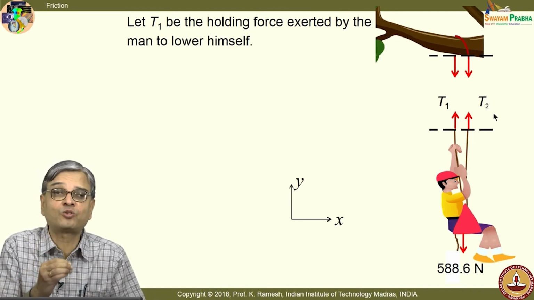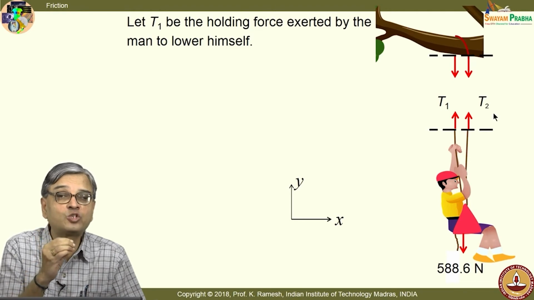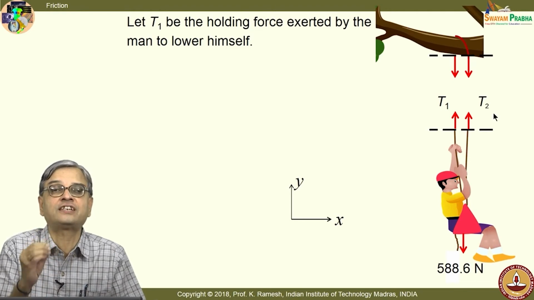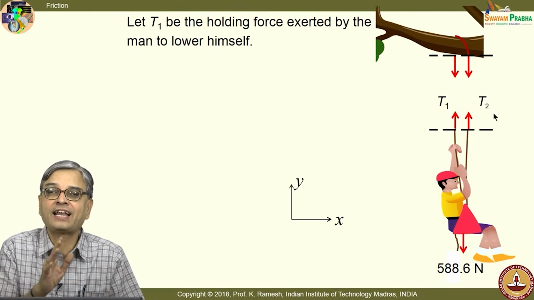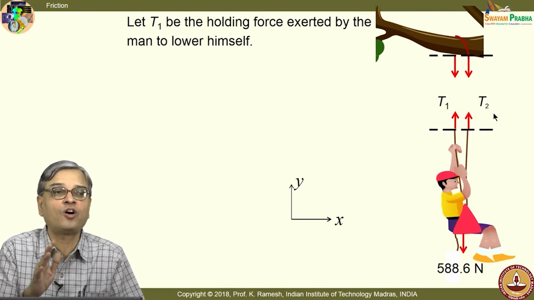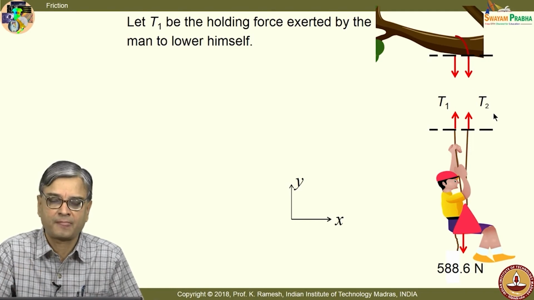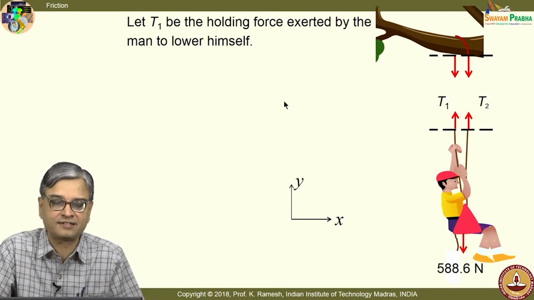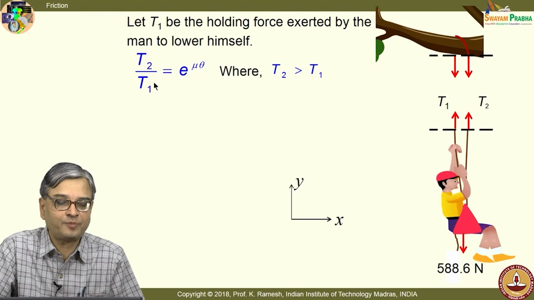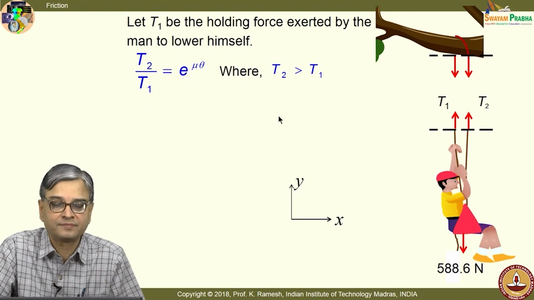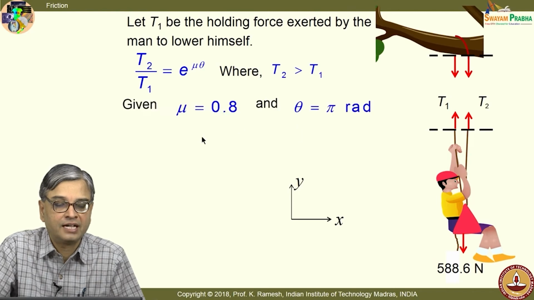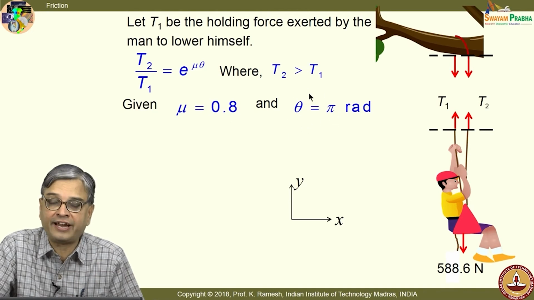The whole of this problem requires correct visualization of the frictional interaction and correct labeling of the tension T1 or T2. The rest of it is very simple. Once I have identified this, I get T2 by T1 equal to e power mu theta, and T2 is greater than T1, and you are given friction coefficient as 0.8, and theta is now written down in radians,